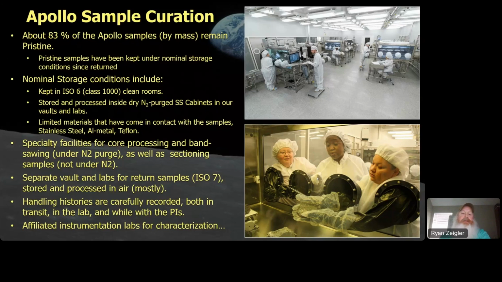They have largely neoprene gloves. But we don't actually let things like glass or polycarbonate or neoprene come into contact with the samples. The only things that are allowed to come into contact with the samples are basically 316 or 304L stainless steel, 6061 series aluminum foil, a couple different kinds of Teflon. And then we have a few specialty hard plastic containers we use for folks who are worried about metal contamination in their samples. And so that's really the only things that are allowed to touch the samples.